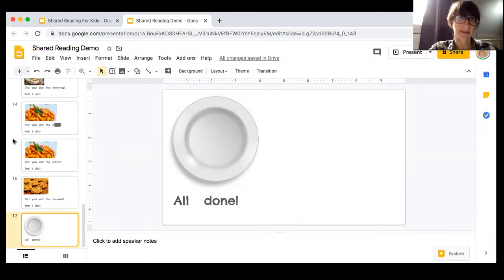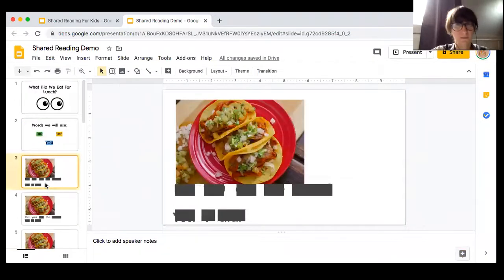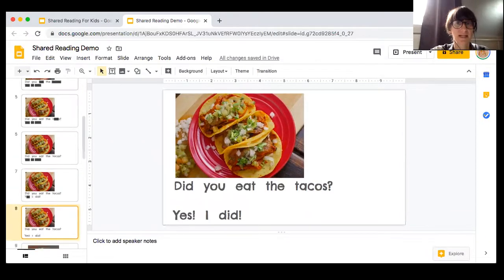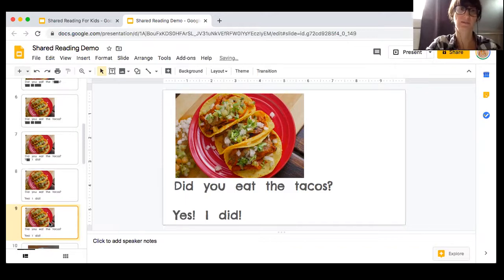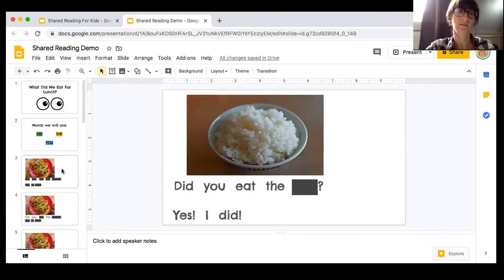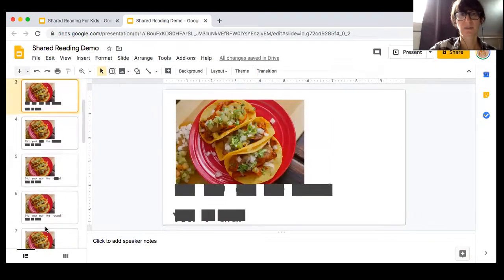So when I made the slideshow, you might notice the way that it was easy for me is the first thing I did was write it out the way that I wanted it to ultimately be. Did you eat the tacos? Yes, I did. And then I hit Command C, I'm working on a mouse, and Command V, which just copied it 1,000,000 times. Then I went through and just made a text box to cover up the different parts of the